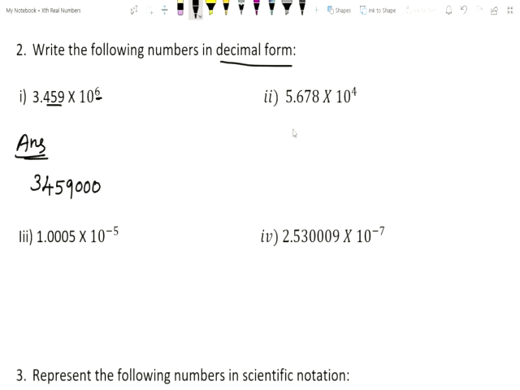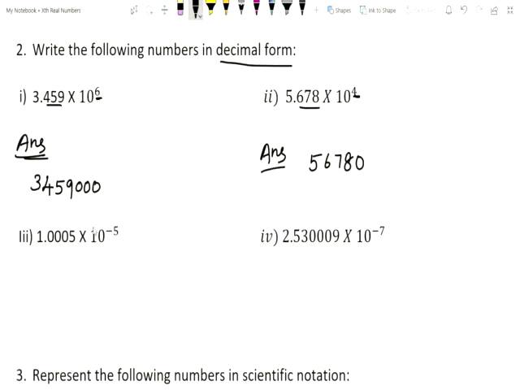So here, 5.678. First whatever numbers are there you write: 5, 6, 7, 8. Here the power is 4. After the decimal how many digits are there? 3 digits, so 1 zero alone you should add. Now you count it 1, 2, 3, 4, so 10 power 4 you will get. After converting you check whether we did correct or wrong.